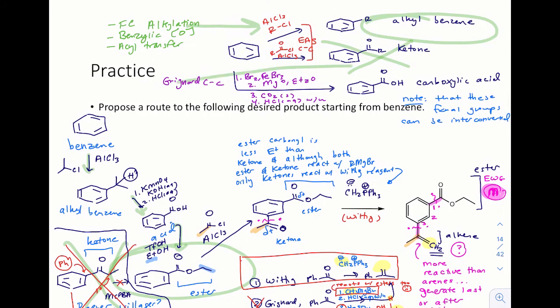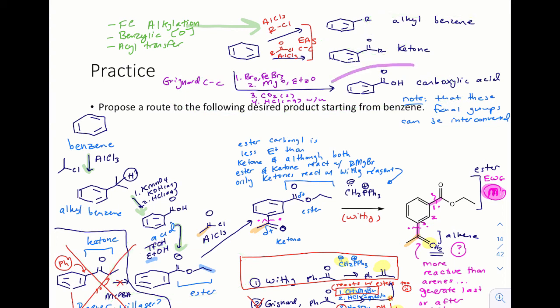However, let's try this Grignard route as well, because notice something here. The Grignard route generates a carboxylic acid, which is an intermediate that we're using. So we can also generate that carboxylic acid using the Grignard method, via bromobenzene. Let's try that now. I'll indicate it in purple. You don't have to put both answers if you were answering this question on an exam. This is just to show you all the different possibilities,